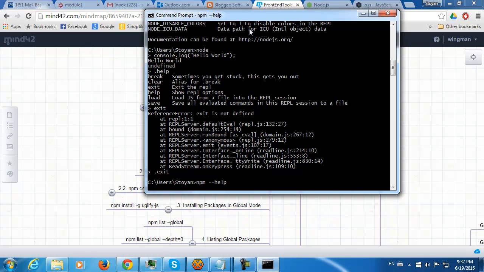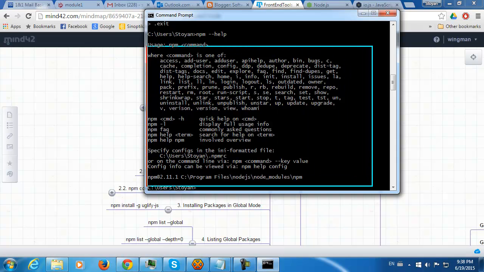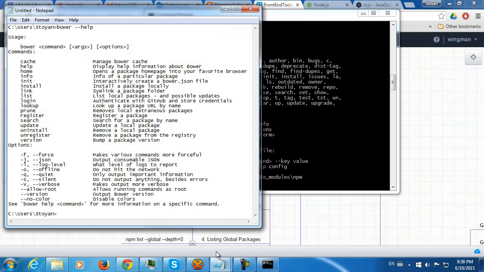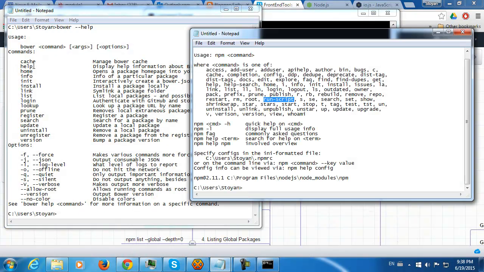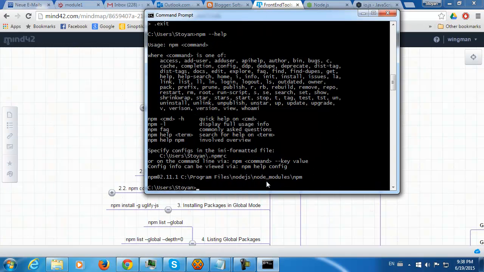So this is the first command. This is probably the most useful command because you get all the commands and everything from Node Package Manager with minus help. I even copy and pasted this for Bower and for Node. So this is Bower, this is the output from npm help. Okay, so now